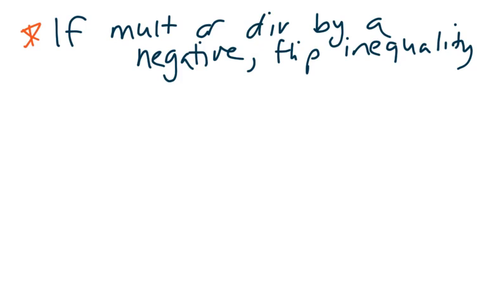So let's see how that plays out in an actual problem. So suppose you have 5 minus x is greater than 4. And again, make sure you're reading that correctly because you're reading it from left to right. So you're encountering that opening, like the hungry alligator, first. So 5 minus x has to be the bigger, greater than 4. I want to get x by